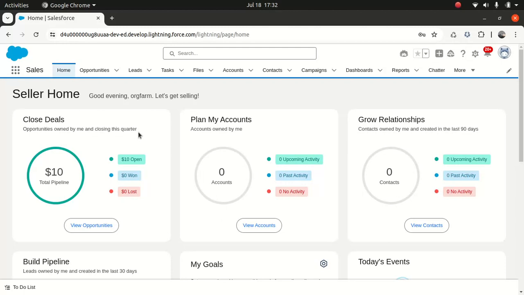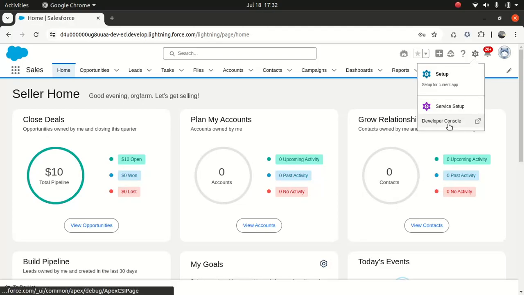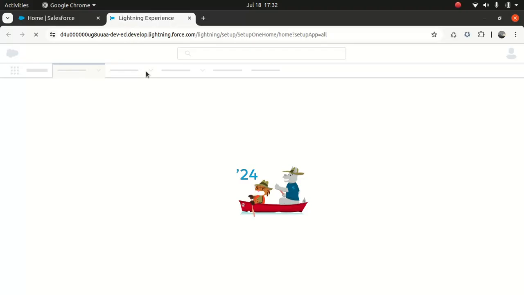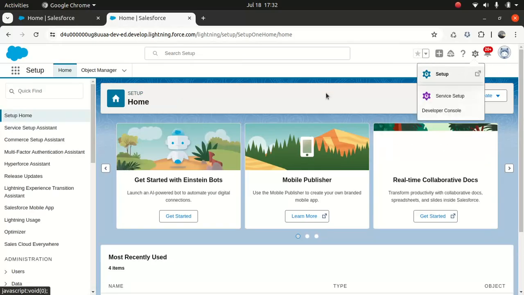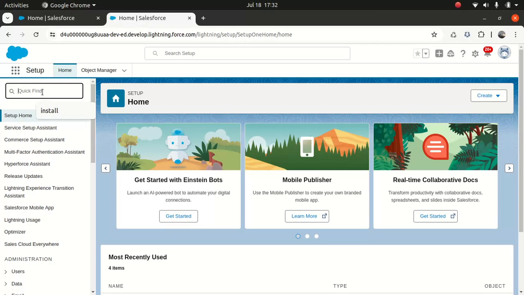Okay, so what I'll do today, right? I'll show you a scenario, and I'll also show you why do we need to create an action for that, right? Okay, so I'll go to the setup here. So obviously, if you've been using Salesforce for a while, you know how to go to setup, right? Go to this gear icon top here, and then setup, right? Okay, under quick find, I'm gonna type Copilot,